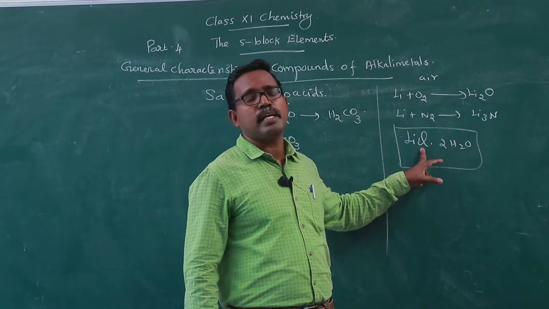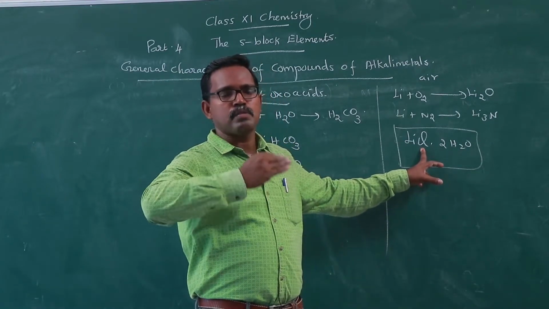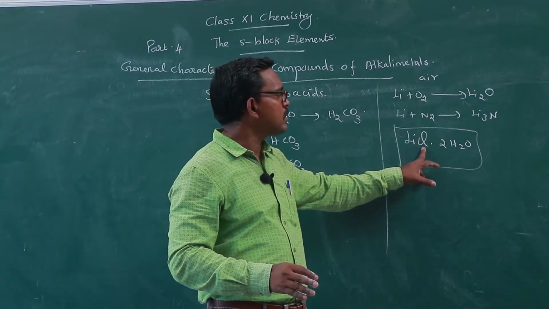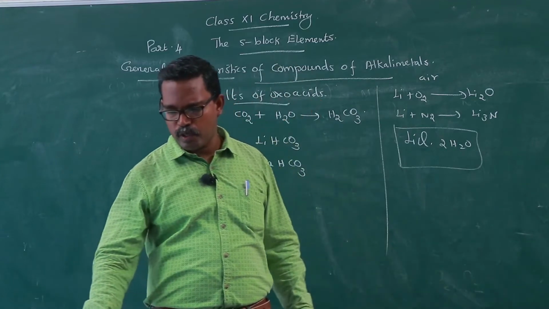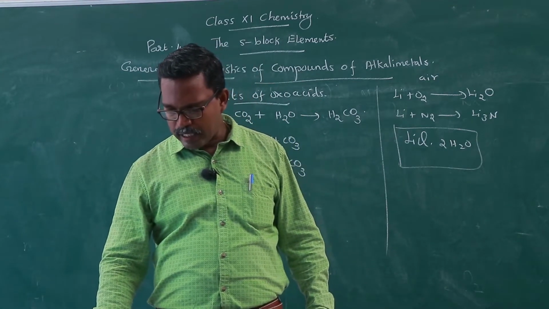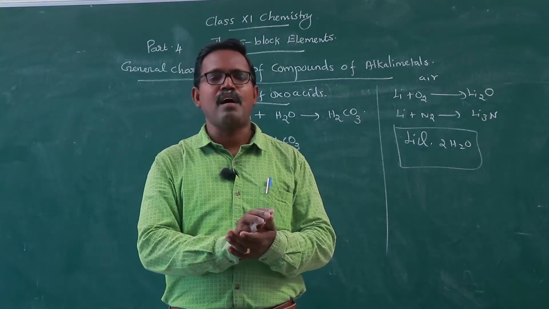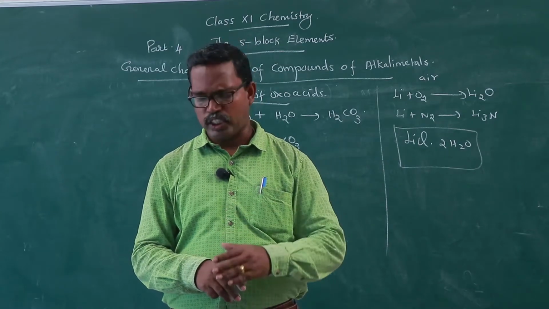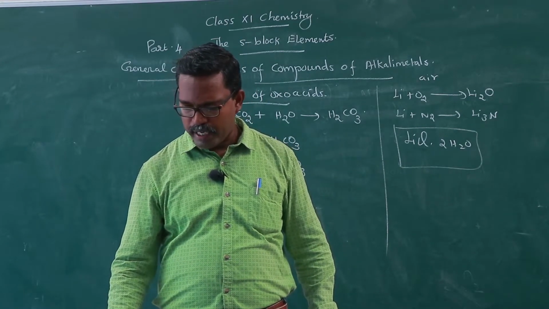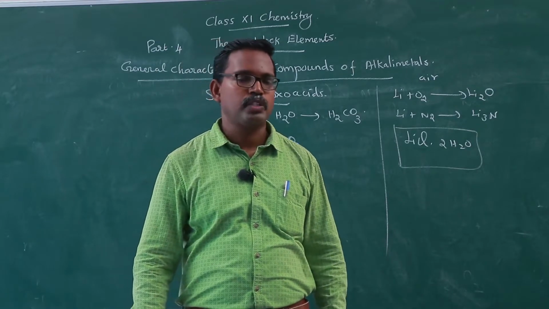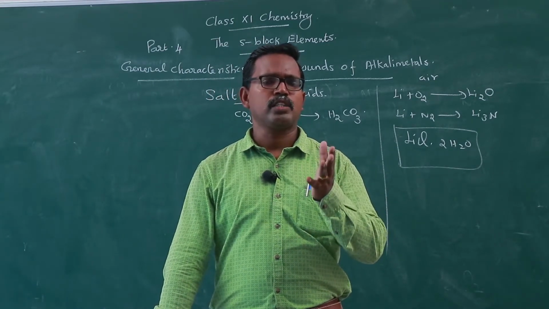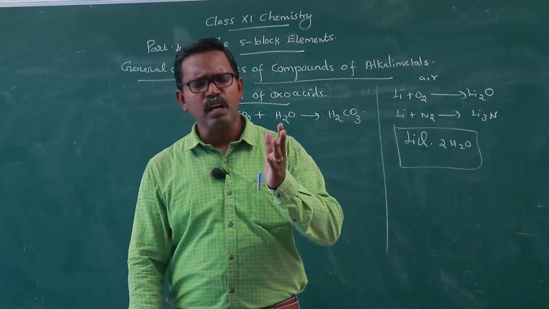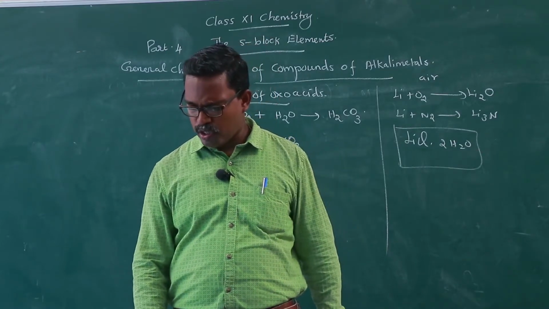Why is lithium chloride deliquescent in nature? Because it absorbs moisture and becomes liquid, but it exists as lithium chloride dihydrate, while other alkali metal halides do not form hydrates. All other alkali metals, sodium, potassium, rubidium, do not form hydrate salts. Lithium hydrogen carbonate, lithium bicarbonate, is not obtained in the solid form, but other bicarbonate compounds are obtained as solids.